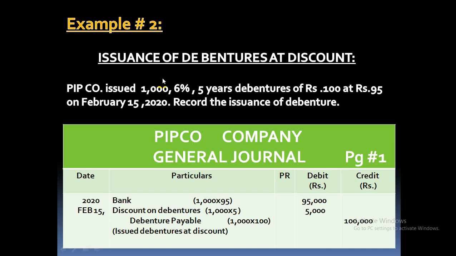Therefore, bank account should be debited by multiplying 1000 with 95. Bank debit 1000 multiplied by 95. Always write these amounts. It will help you to avoid errors. You will always remember how many zeros are to be written here. 5 rupees is the discount per debenture. Discount will be recorded in the debit column, and debenture payable is a liability, so it will be recorded in the credit side. Narration is issued debentures at discount. So whenever no details regarding the redemption of the debenture is given, only the issuance is given and they are offering it for a discounted rate, this is how you will be recording the entries.